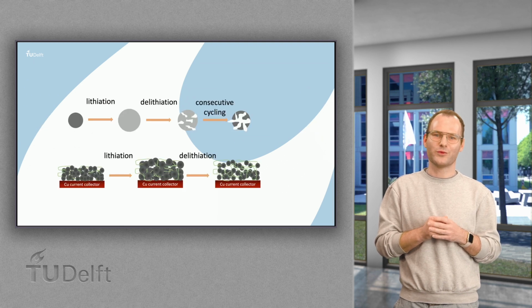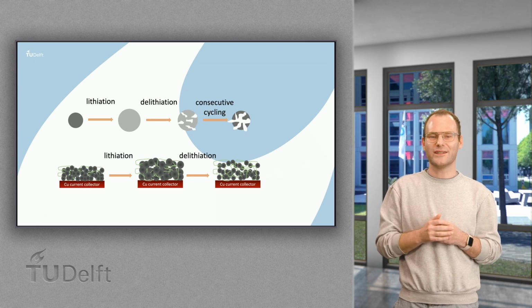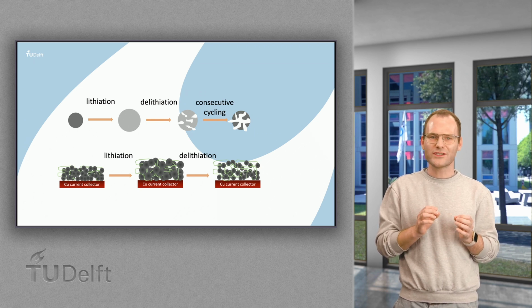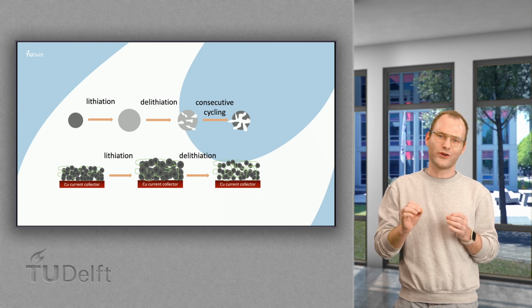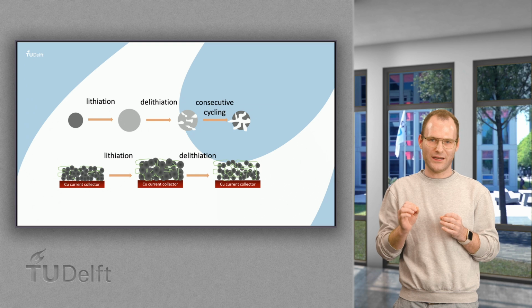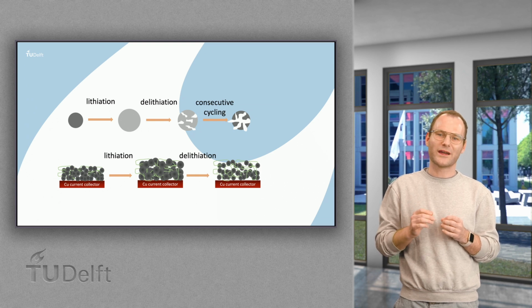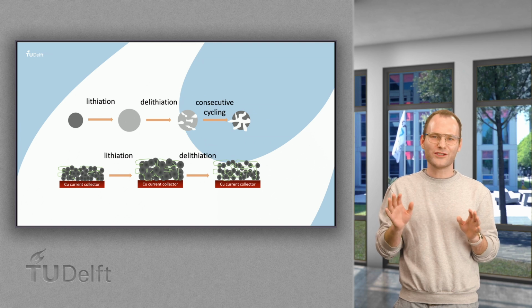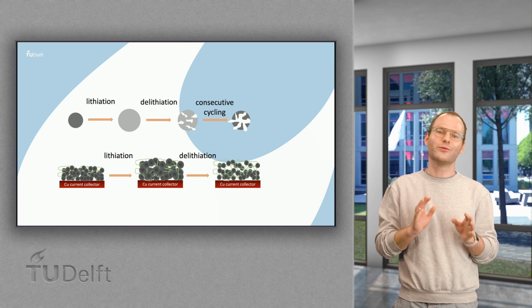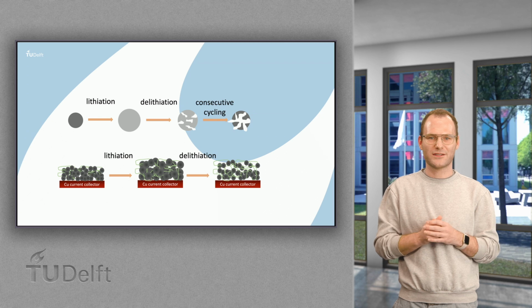Recently, silicon is commercially available as an anode material. It has a much higher energy density than graphite. Previously, silicon suffered from the fact that its volume heavily increased when it is absorbing lithium. It led to a lot of mechanical stress on the battery. But now, due to clever engineering, manufacturers are able to mitigate the volume expansion.